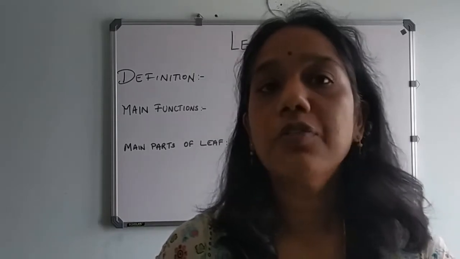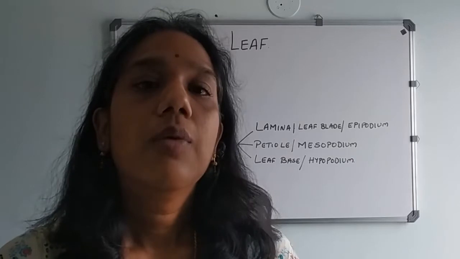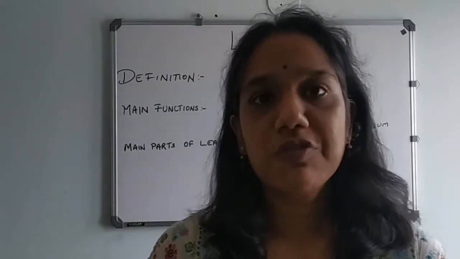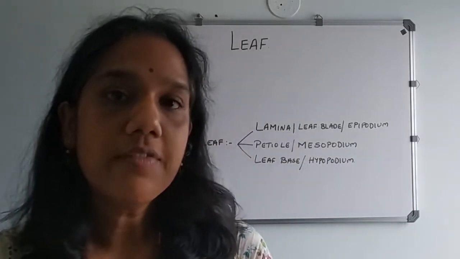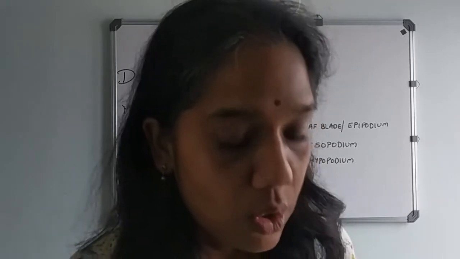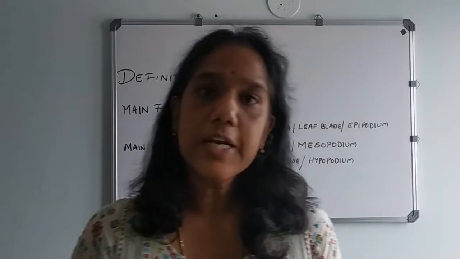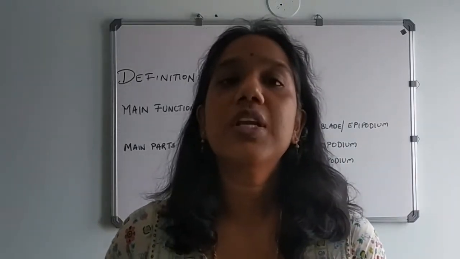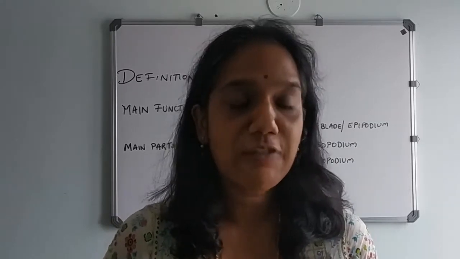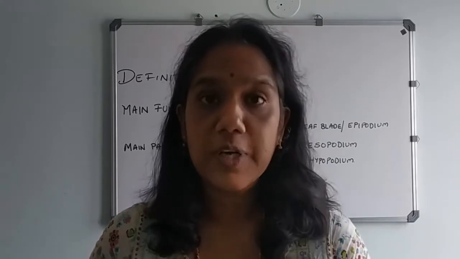It is a part of the chapter in first year pre-university as well as 11th standard. It is called the morphology of the flowering plants. So today we are going to start with the definition of leaf. What is the definition of leaf? You all know what is a leaf, right? You will see it in so many varieties, so many forms, correct? But we have to describe or define it when we have to learn it formally.